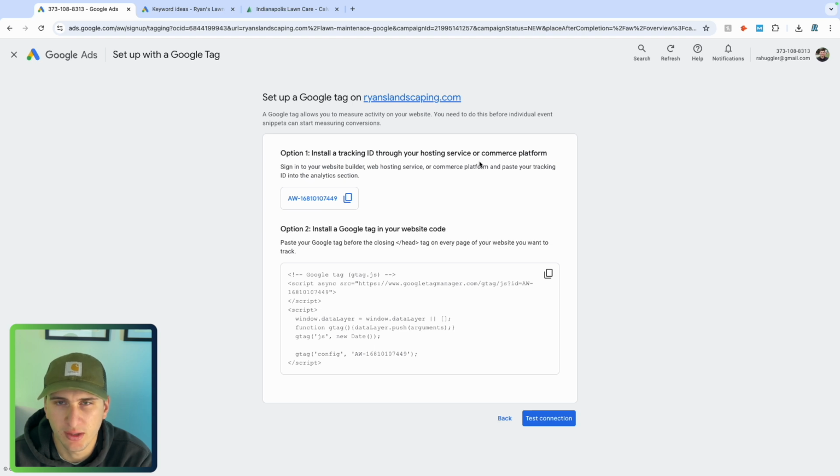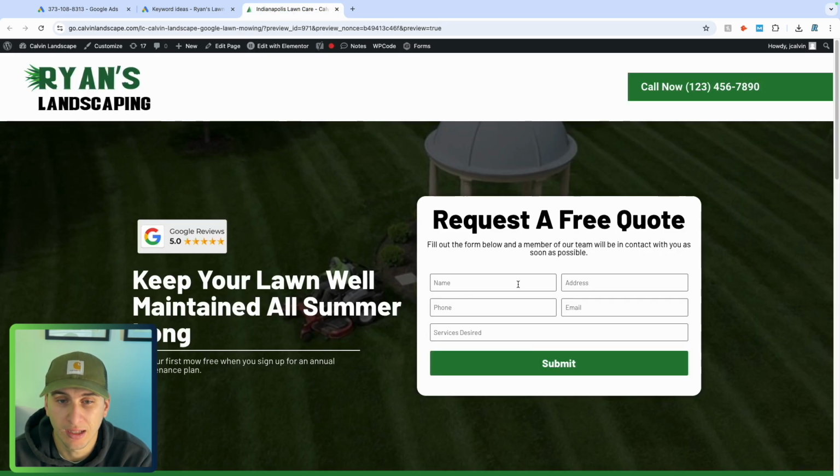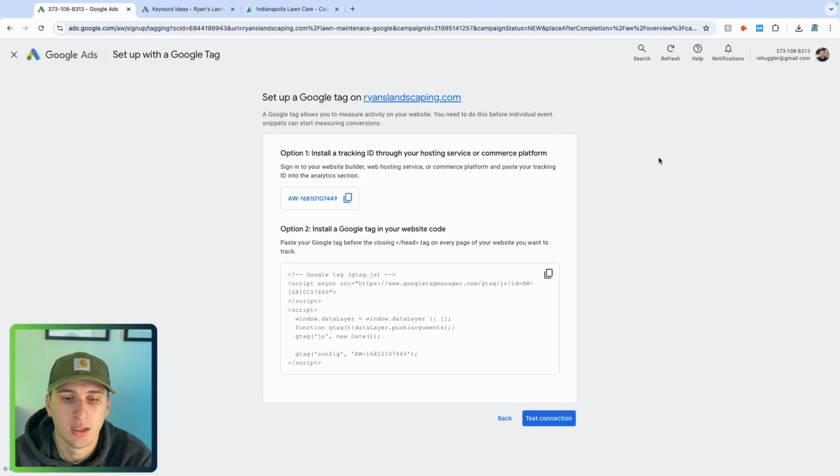Depending on where your website is hosted, or more specifically where your landing page is hosted, you're going to have to go in and install this piece of code in the head section. I'm not going to get too in depth with that right now because there's a bunch of website builders out there. So you may need to look up how to install this Google tracking code on your website builder, but it's pretty simple. You just copy the code, paste it, and then you can do some